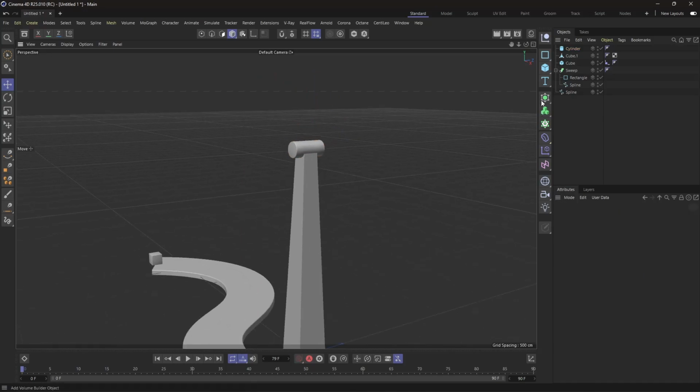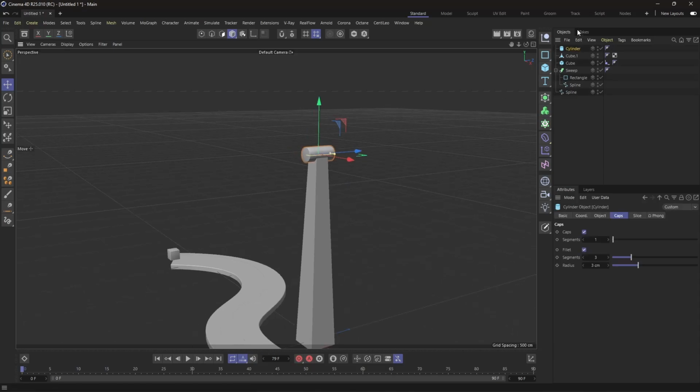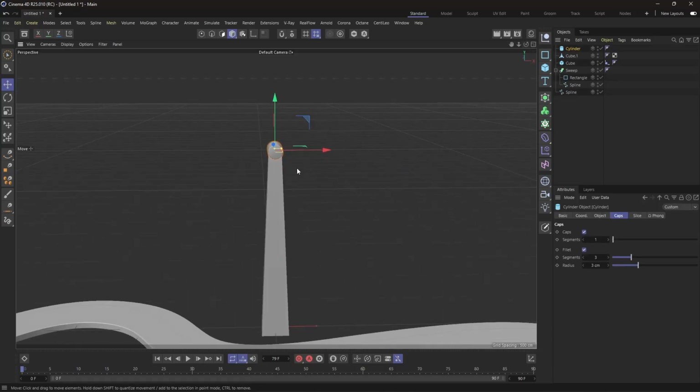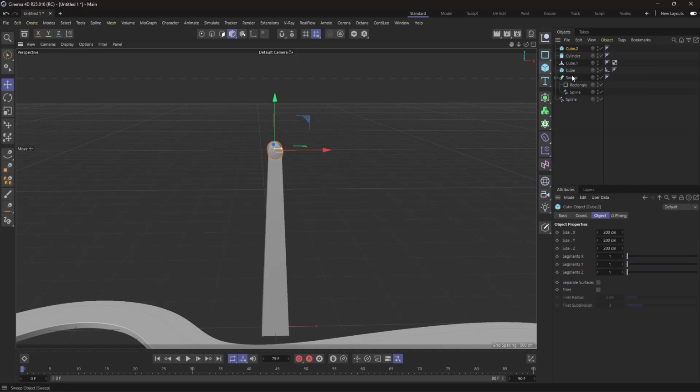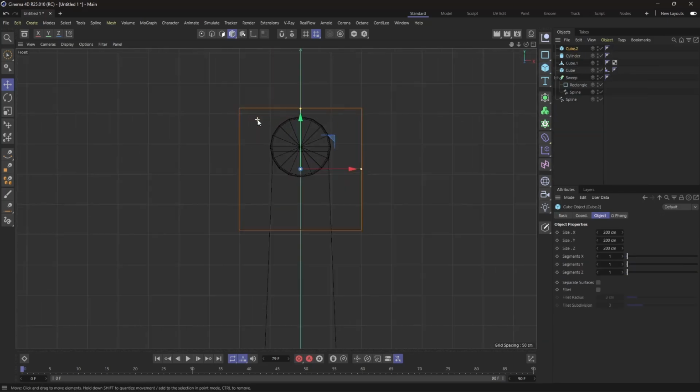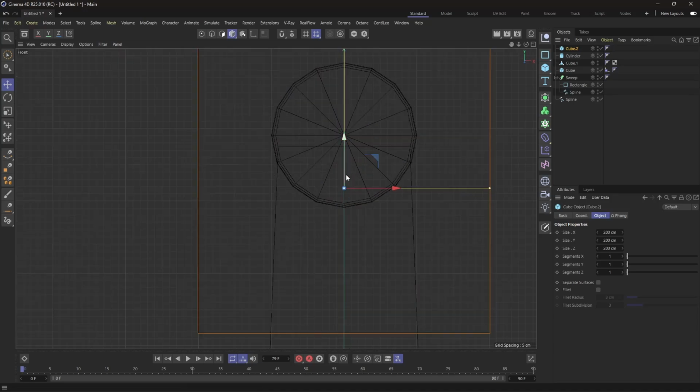Okay, so now we have this. This is our cylinder. Let's create the blades or the fans of this. Let's just use a cube. So I'll create the cube, move it up, go to the front view, and make sure that the center of the cube is matching the center of this